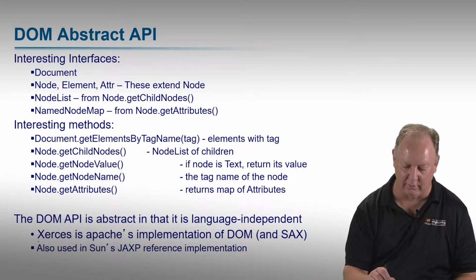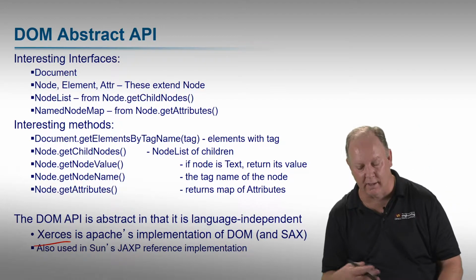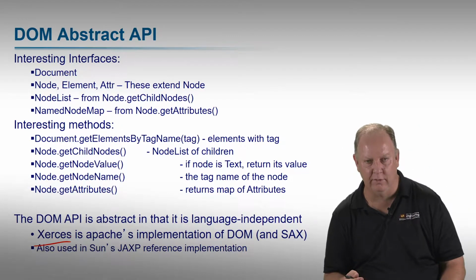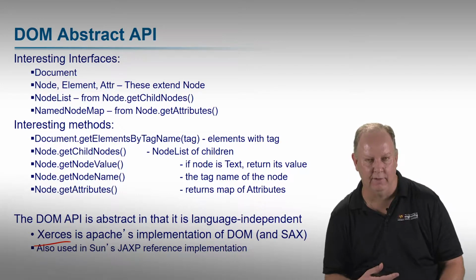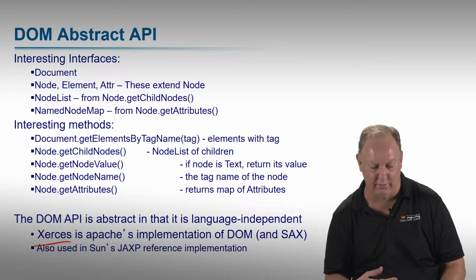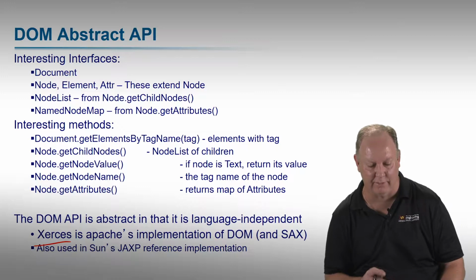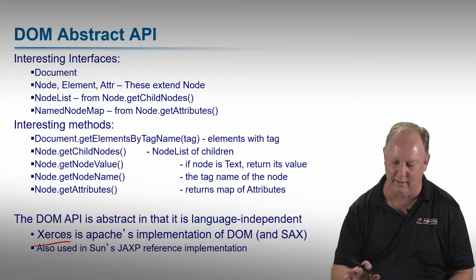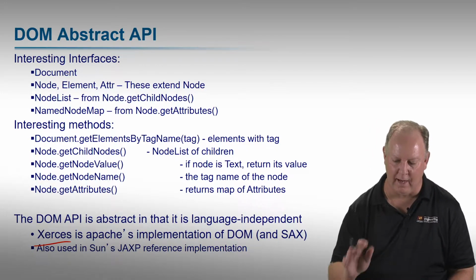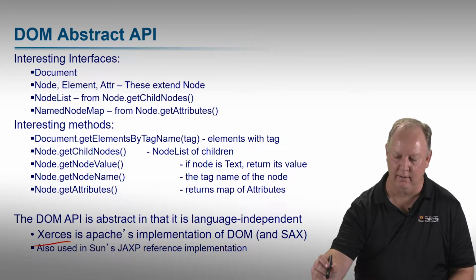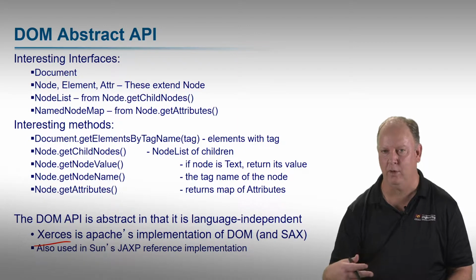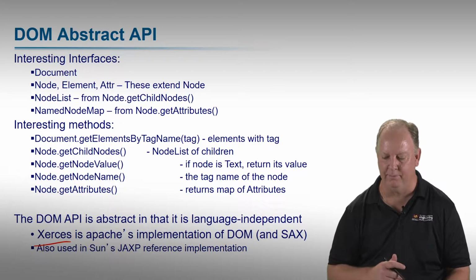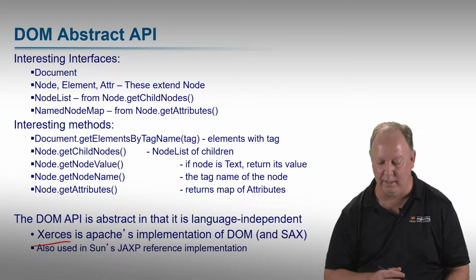So for example, Xerces was for a long time one that was used in the Apache open source community for its implementation of DOM. And actually the SAX parser in Xerces would build a DOM first and then do SAX, but that's not a relevant detail. What is important is I could look at these interfaces defined in the abstract API and know that there was going to be a corresponding language-specific method that I could find in the language binding for it.